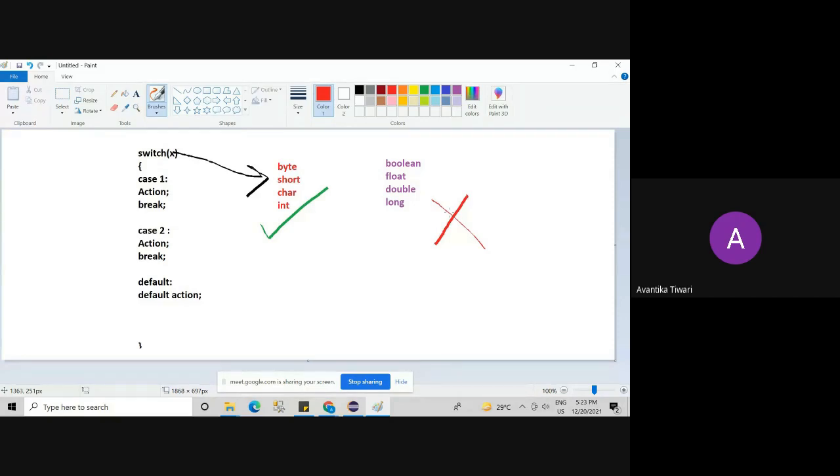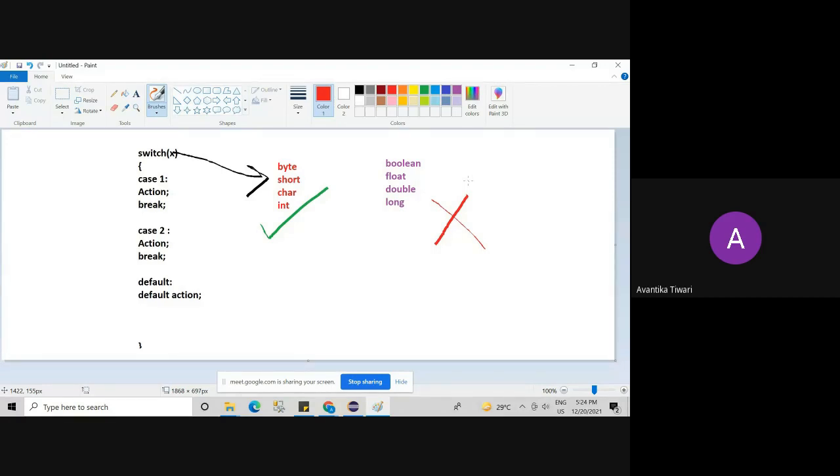So all of you, please listen to me carefully. If we allow Boolean data type for switch, we will be having 2 cases, true case and false case. Then it will be exactly the way how if else works, isn't it? So if else is there for accomplishing this task, why are we going to entertain Boolean data type?